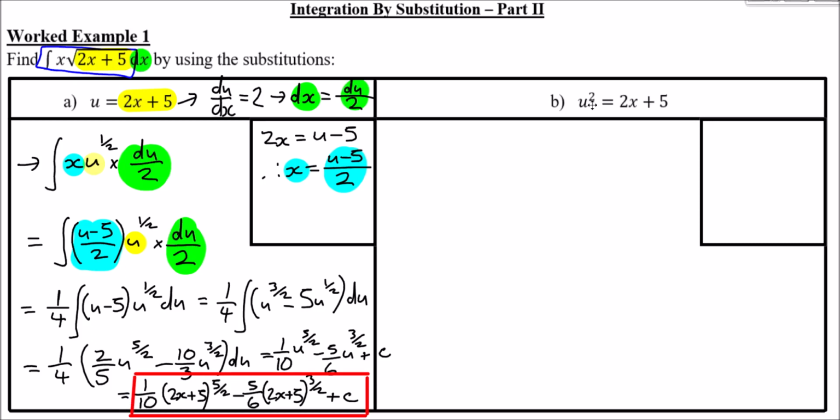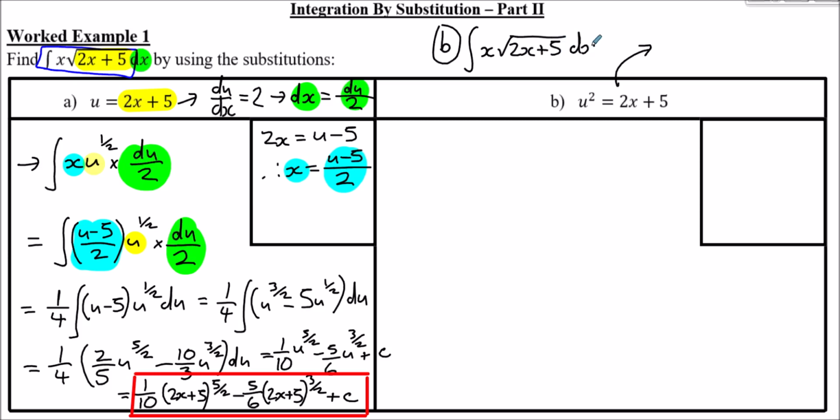So, what if we were to use instead u squared equals 2x plus 5 for our substitution? How would that change things? Well, if u squared is 2x plus 5, I'm just going to rewrite the integral here for part B. So we're integrating, of course, x root 2x plus 5